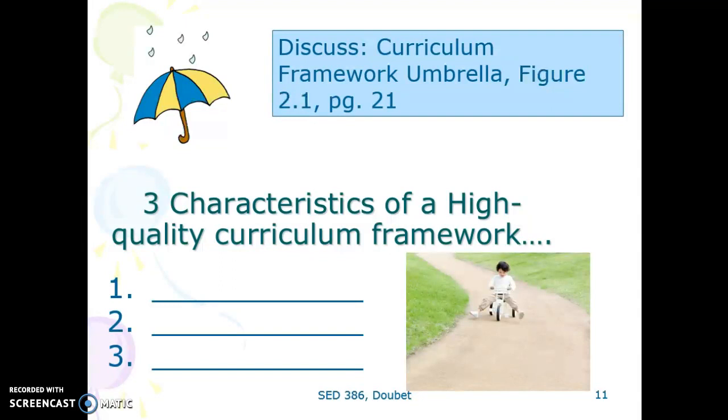Next, we're going to talk about the curriculum framework umbrella, and I'm going to again refer to your textbook on page 21. So you might want to see 21. That's the right side of your book, and look at that. I like to think of it as the umbrella approach. So you can see that when we look at curriculum framework, we're talking about